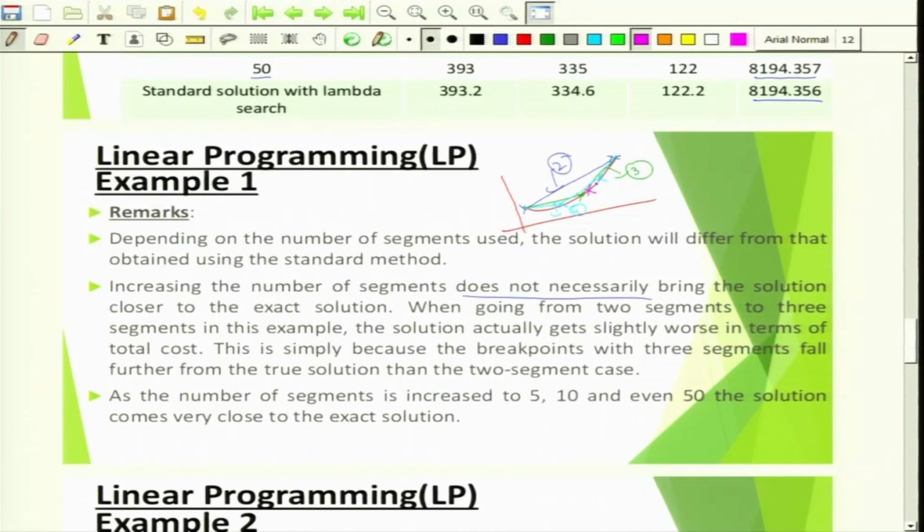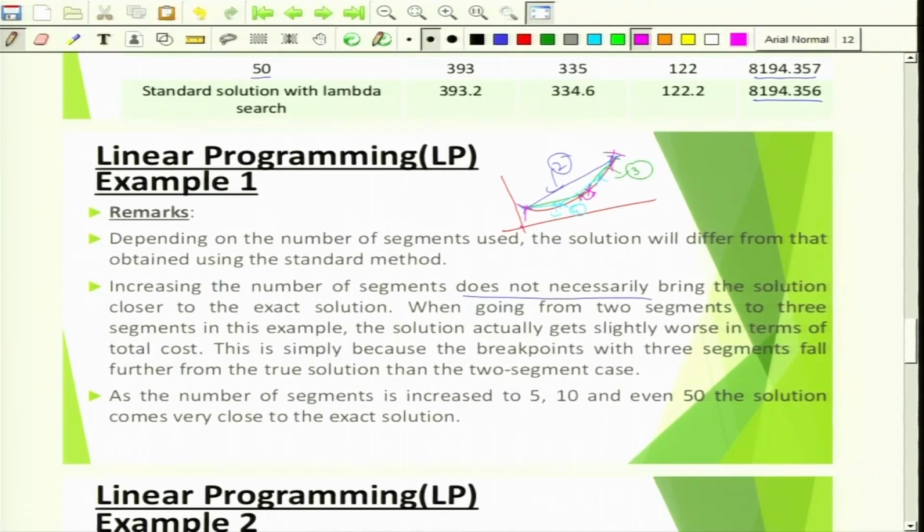This is the true solution, let us say. Now if you compare between two segments and three segments, for the two segment case, two linear approximations with three intersecting points, the result is closer. You see here the result is closer compared to the one segment case with two intersecting points, where the result is